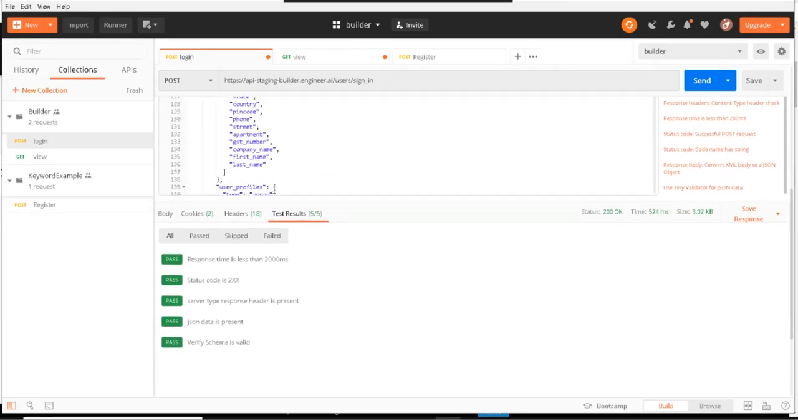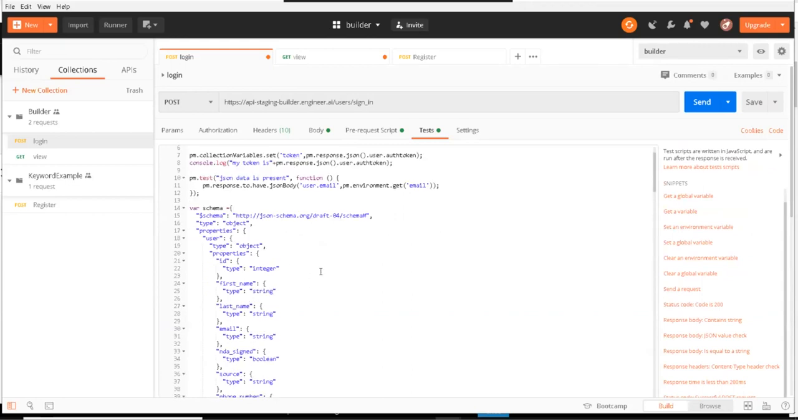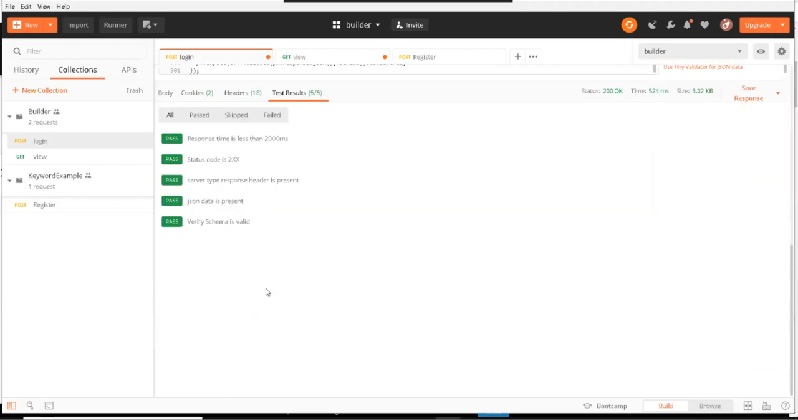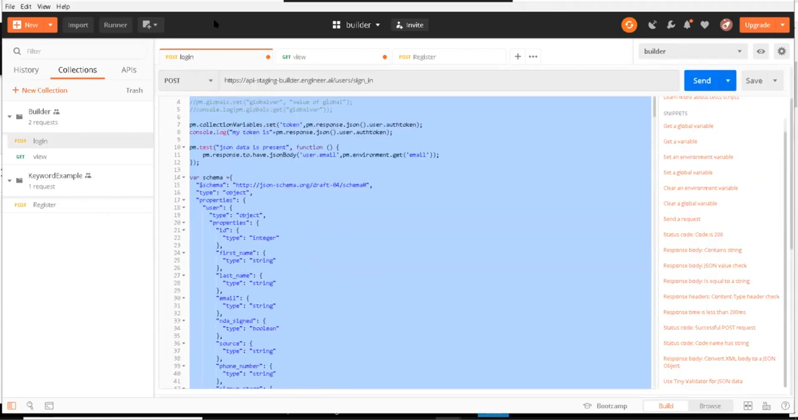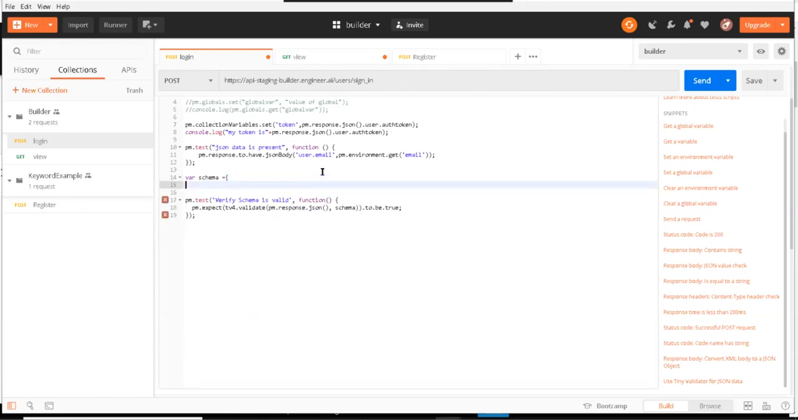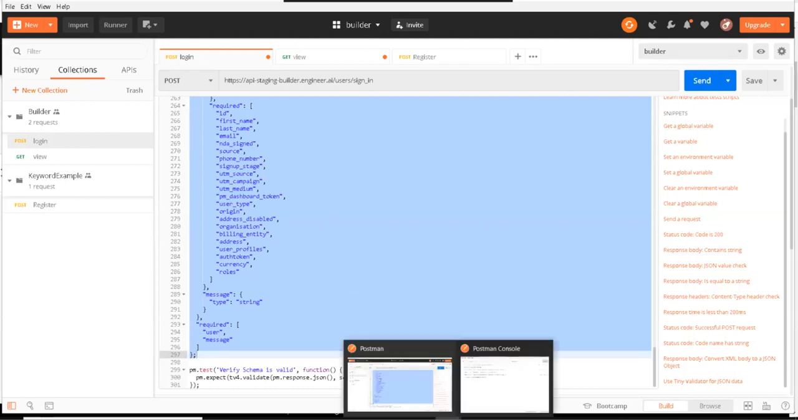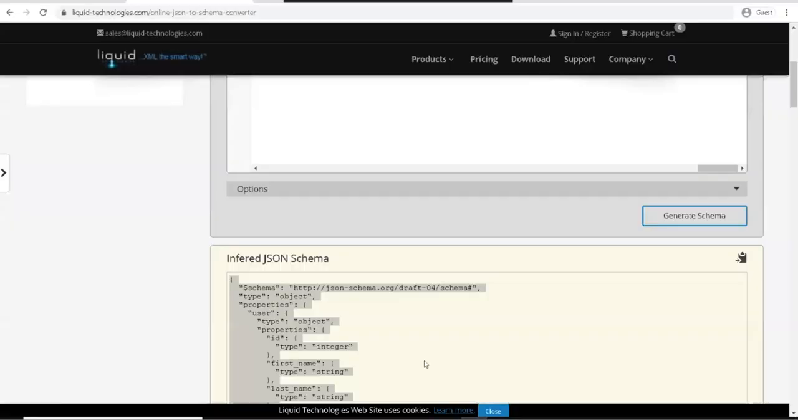But the problem is, if the schema is too long, it will take a lot of space or a lot of lines in the script. So what you can do is save this schema at collection level, so that it is easier for you to maintain. What you don't want is, if something changes, to go to the particular API request again and again. And if this API is used by multiple requests, you would have to go into multiple requests. So copy this schema JSON,